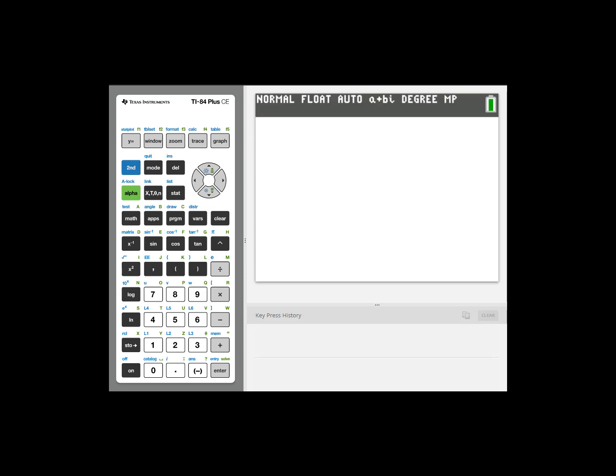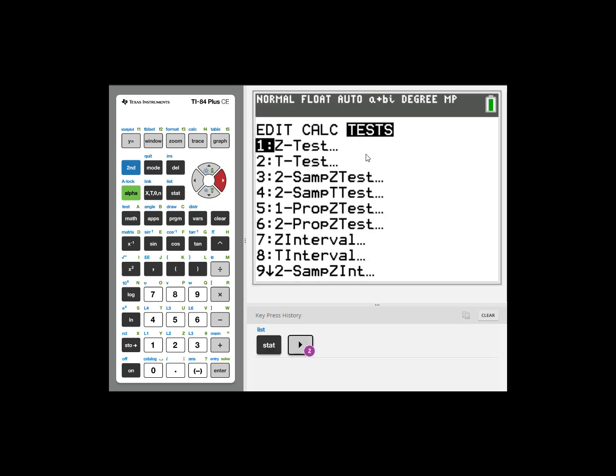In this section, what we'll need to be able to do in the calculator is come up with a p-value and a test statistic for a hypothesis test for the mean. The place where we will find that is under the Stat button here. And if we slide across to the Tests submenu, we'll find a lot of options for different types of hypothesis